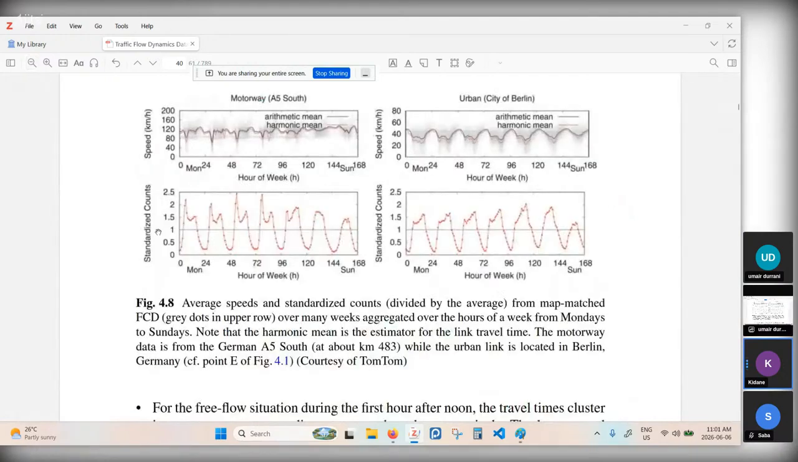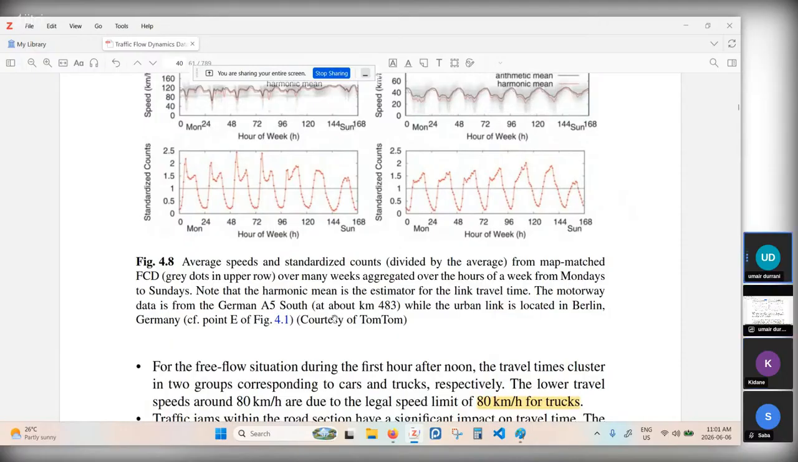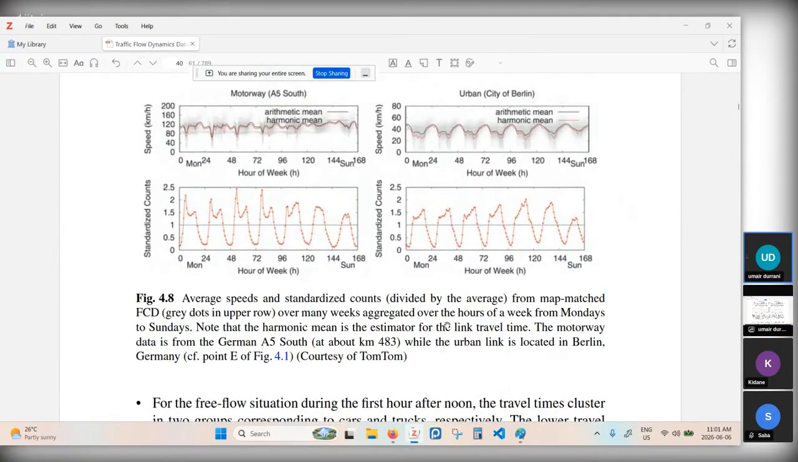But can we know how these diagrams have been drawn? So these are obtained from, they mentioned here, courtesy of TomTom. TomTom is an API that provides this floating car data. So they have estimated it from those data, but they have not shown us how the harmonic and arithmetic mean speeds are estimated. But that information is given to us in the previous chapters. So they've used those formulas for estimating